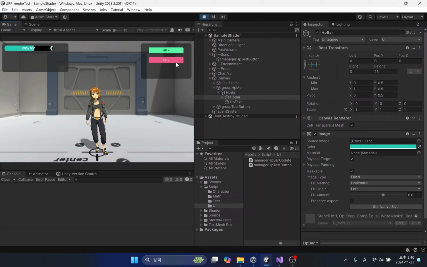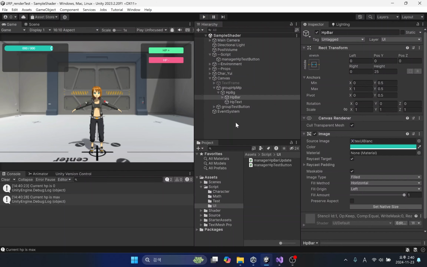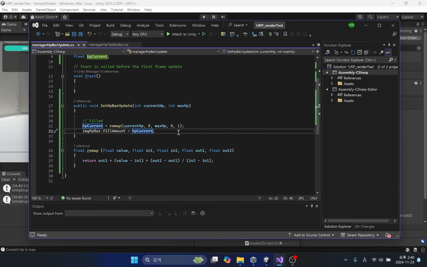Okay, you can see that the fill amount value changes as the HP decreases and increases. Now let's change the length of the HP bar by changing the scale X of the rect transform.